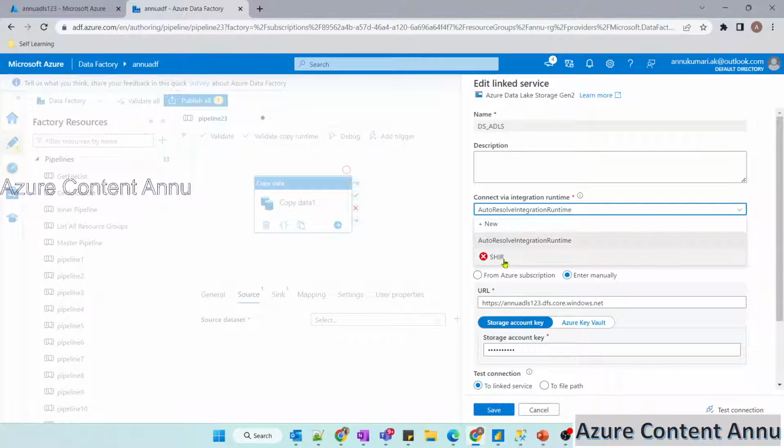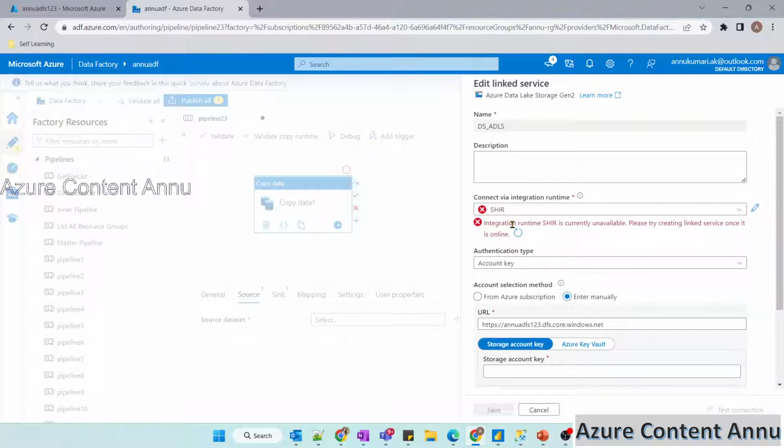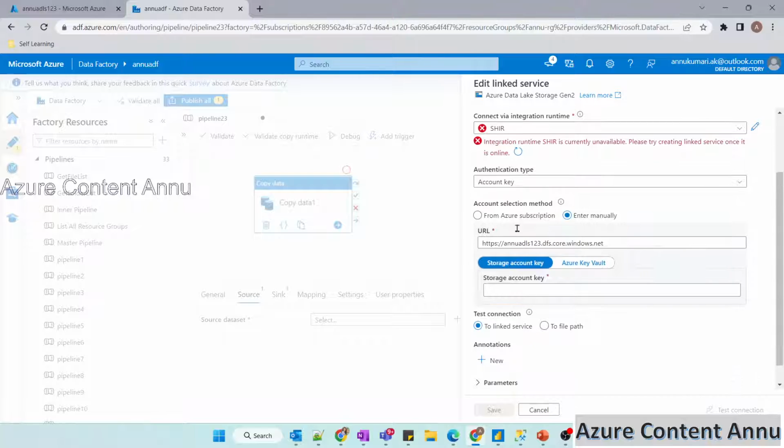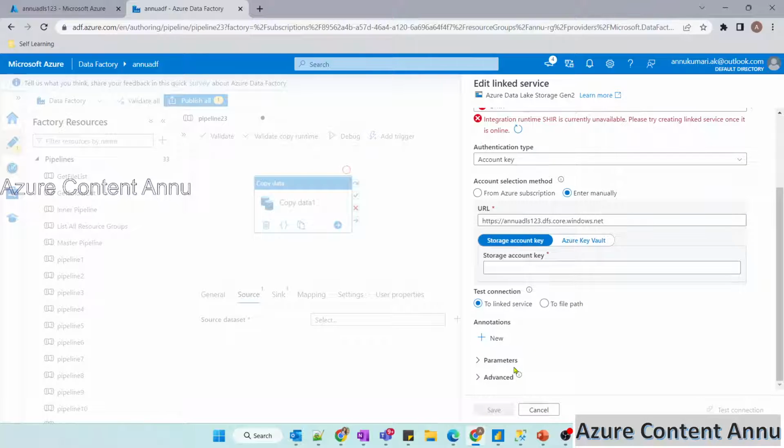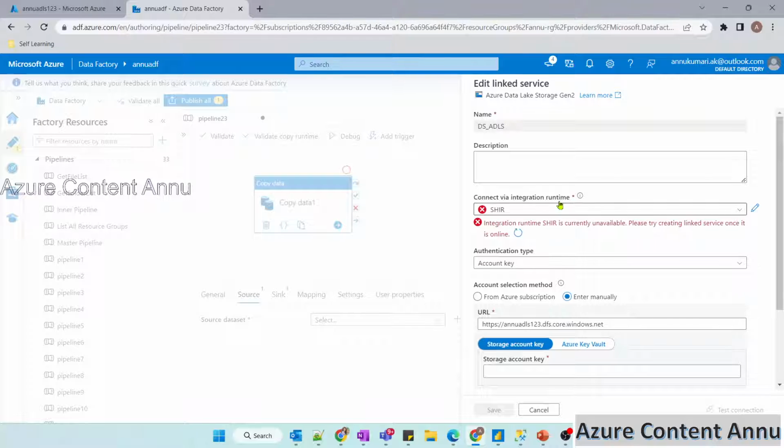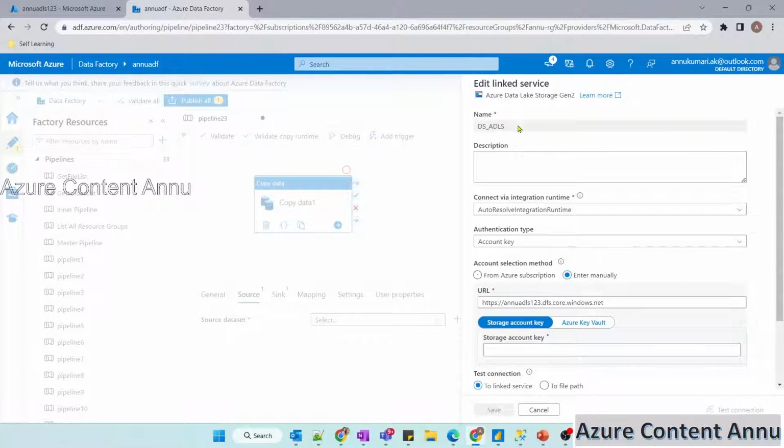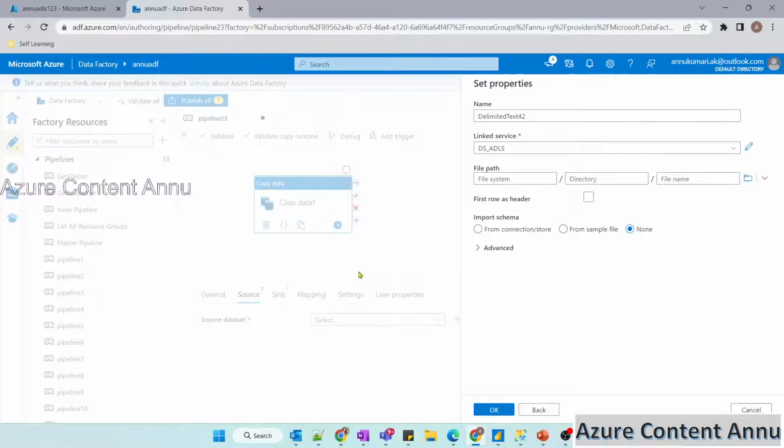Currently it is unavailable on my local system, but you can install your self-hosted integration runtime if you have your data in some on-premise location or in a private virtual network. You can give your credentials and create the linked service. This was just to show you where the integration runtime lies: it is actually inside the linked service. We have to make the selection there. Let me go back and discard these changes.